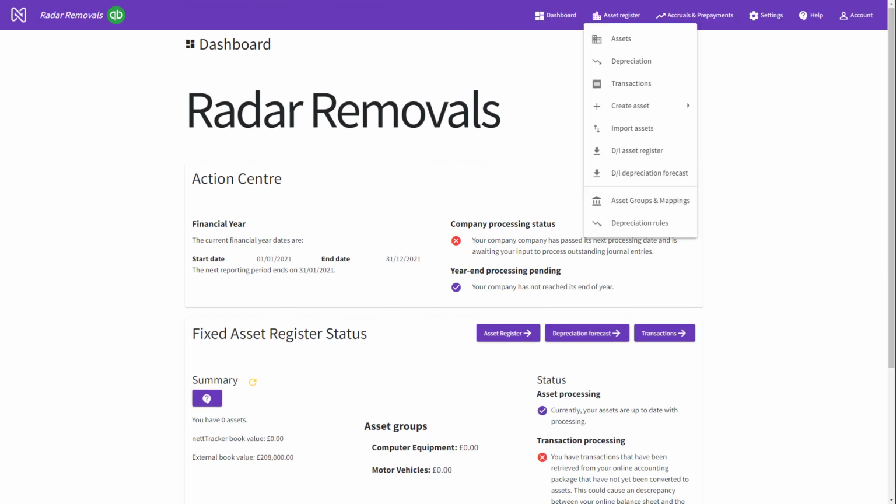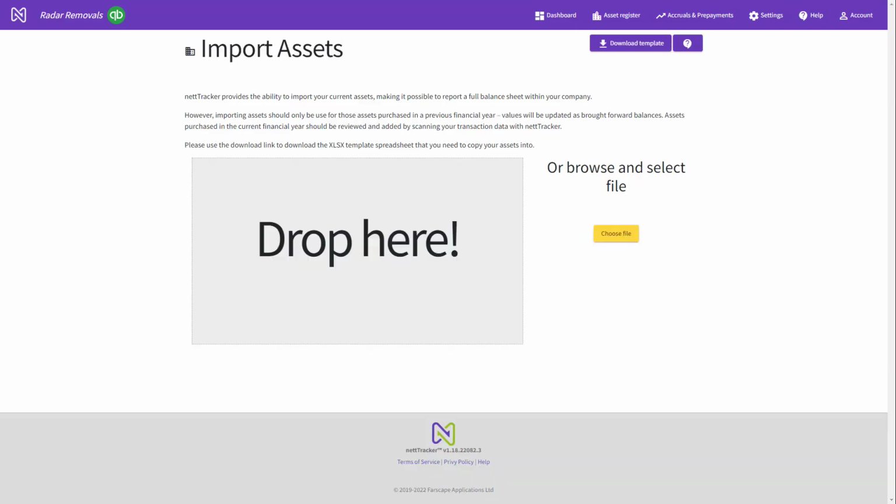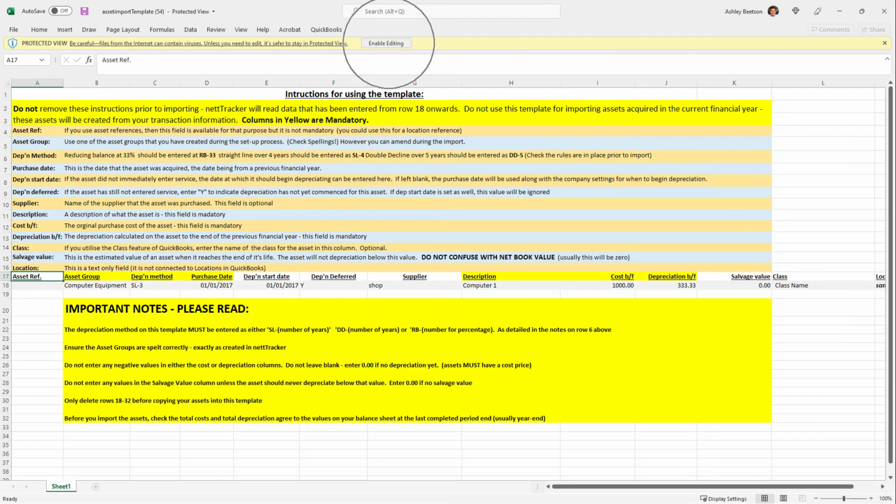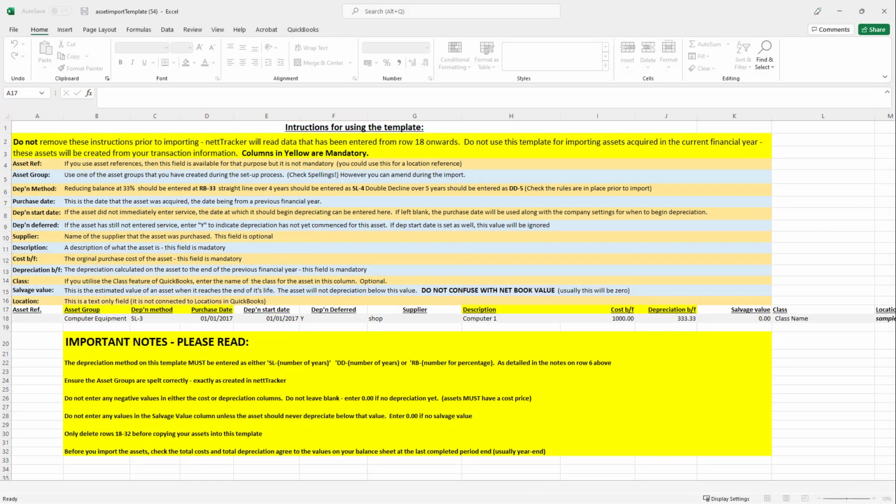If you're using nettTracker in a new financial year, you will need to import your assets from a previous financial year. You can go to the Asset Register menu and choose the option to import assets. Download the template, enable editing,